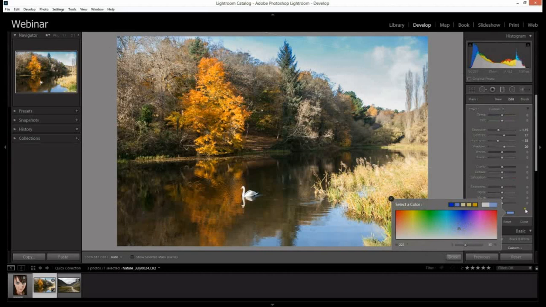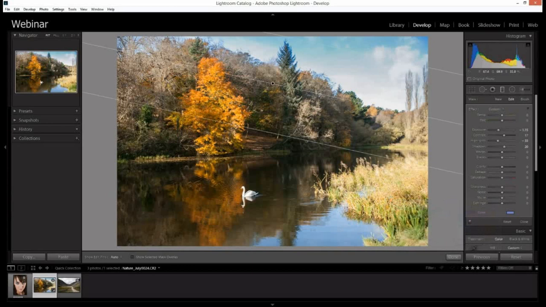So very, very flexible, and when you're happy with the color that you've selected, you can hit X to close out of it. If you want to remove the color altogether, just drag it to the very bottom, very right hand side, or very bottom left hand side, and that will remove the color for you. We'll add a little bit of blue to this, okay, a little bit of blue. Now,